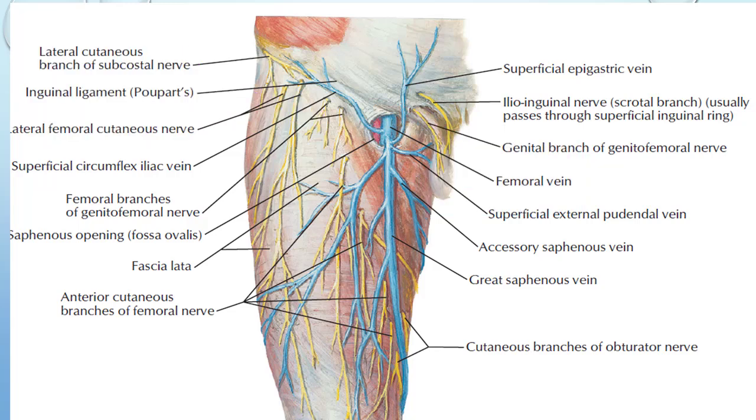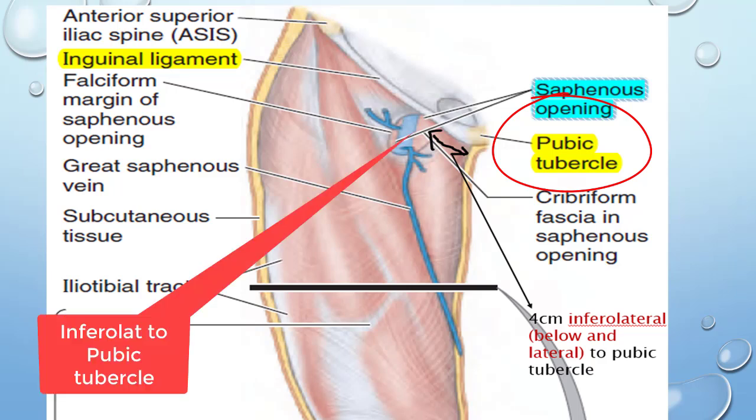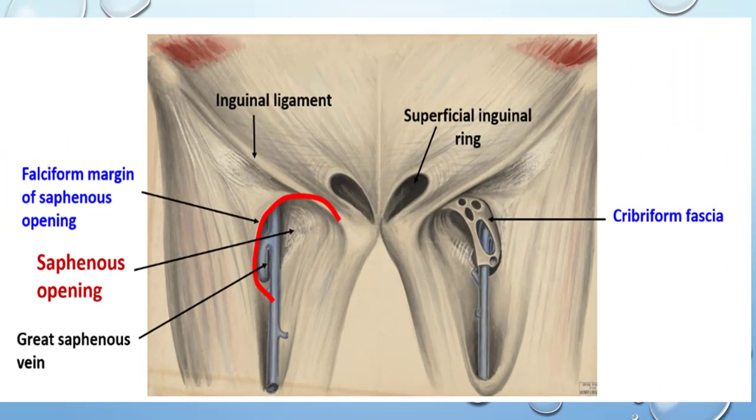I can also take the pubic tubercle as a landmark if I am not going to take the inguinal ligament, because the pubic tubercle can be felt on surface anatomy. So instead of the inguinal ligament, we can trace the saphenous opening by means of it. If we go 4 cm below and lateral to the pubic tubercle, again we can find this aperture. So there are two ways you can identify it: by means of the inguinal ligament, and by means of the pubic tubercle. Remember, the saphenous opening is a very small opening. It is 3 to 4 cm in length, 2.5 cm wide, but its length can vary.